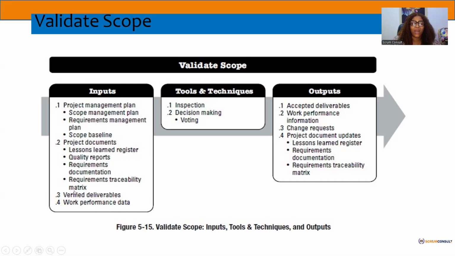In some cases, you have your verified deliverables, because you cannot validate deliverables that have not been verified. You must have your verified deliverables for you to be able to validate. Okay, and your work performance information or data. At this point, work performance data, like we said, are usually your plans at the point of execution. What are the things that you plan to do, right? What are those things that we plan? What were they, not the actual, right? What were the plan? Are we working according to those plan data, right?